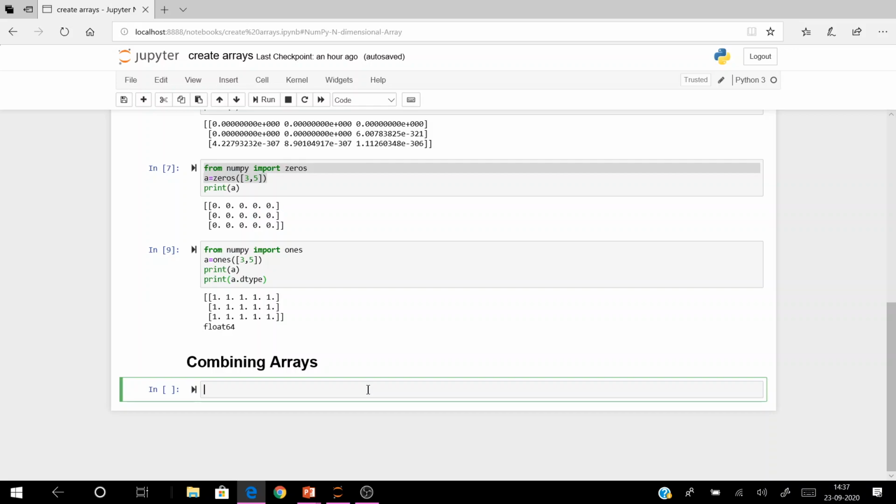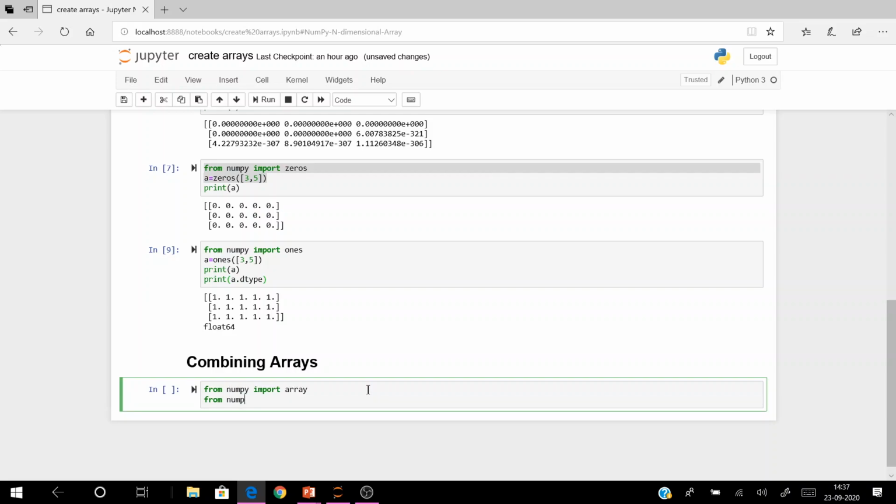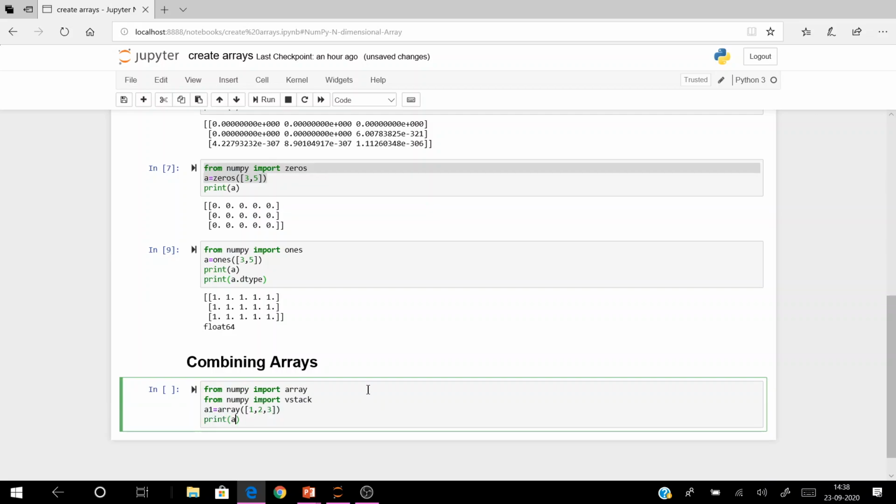So we are going to combine two arrays. Given two or more existing arrays, you can stack them vertically by using the vstack function. For that, I am going to import numpy, and print a. This is my first array.